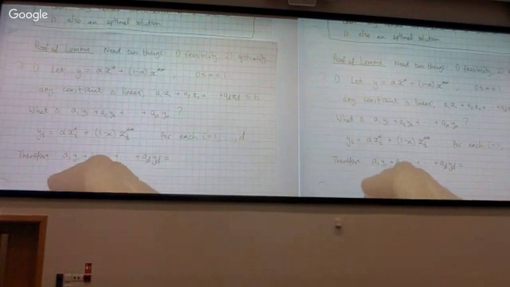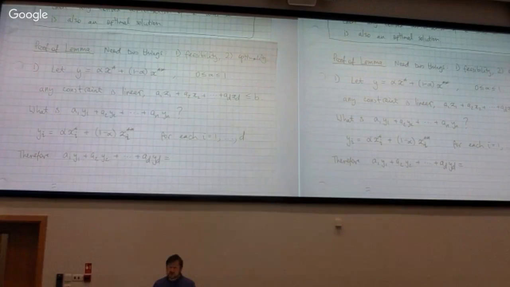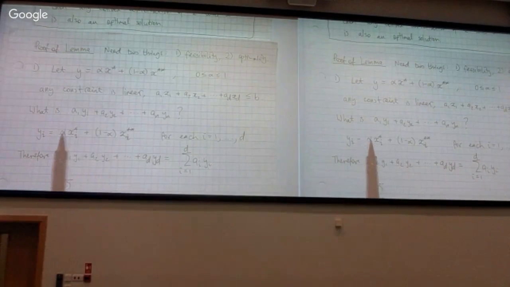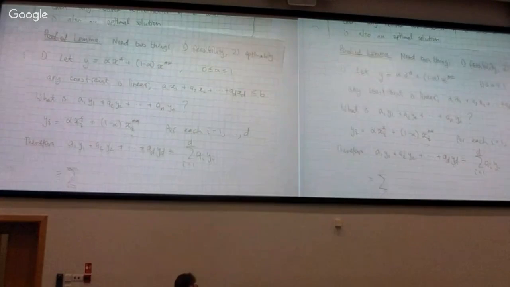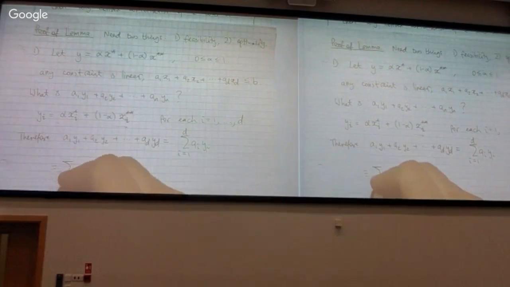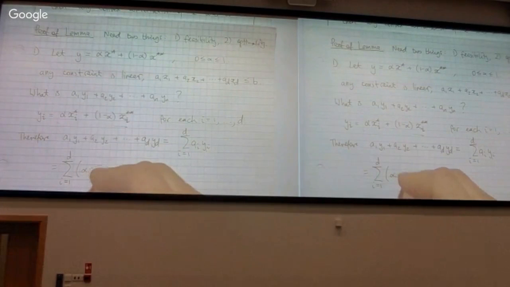Okay, so yes. Are you very good with the sum notation? It's easy to use. Okay, so this is i goes from 1 to d. Now we know that yi is that thing over there. So you can do the sum from 1 to d of those things over there. Alpha times